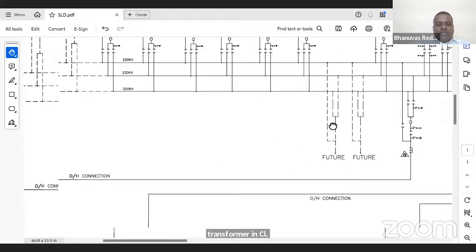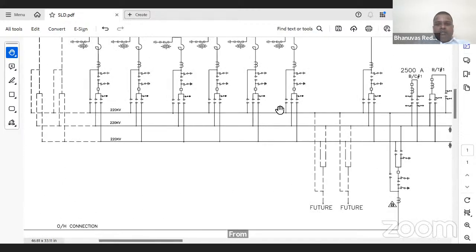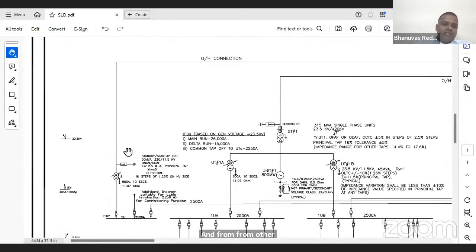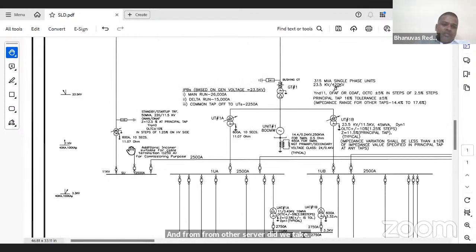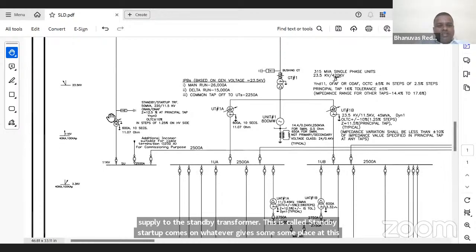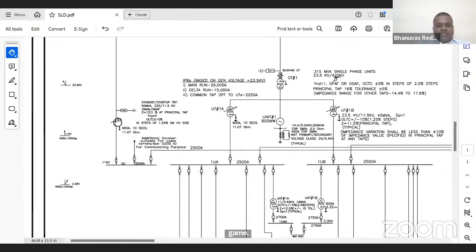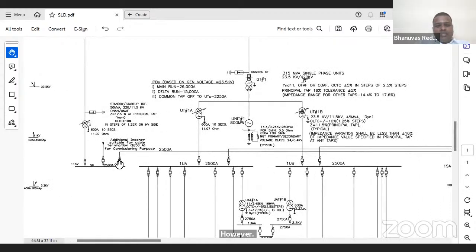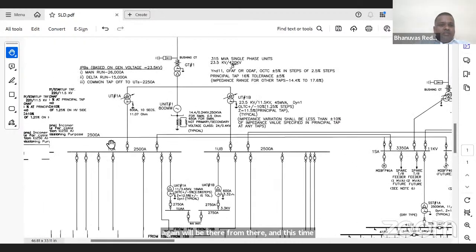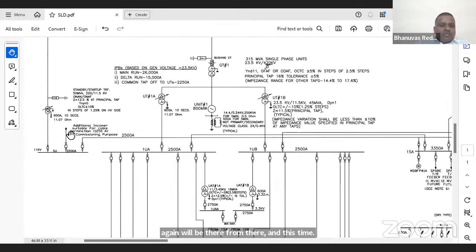From the switchyard we will connect this transformer, and from the other grid we will take incoming supply to the standby transformer. This is called the standby transformer, startup transformer, whatever it is. In some places this can be called the station transformer. This station transformer will feed the station switchgear. From there this is a breaker, and this tie-up will be there to the unit transformers. You can see this is going to